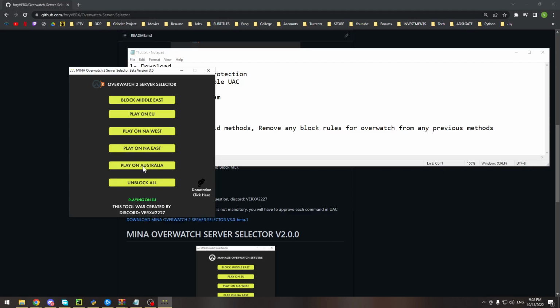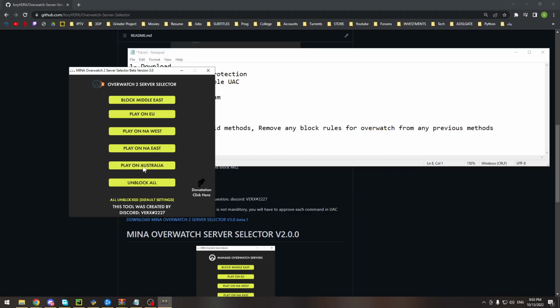You want to play on Australia, you press play on Australia. So now it tells you that you're playing on Australia. And if you want to unblock all, which means you want default settings, you just press unblock all and it will be default settings.